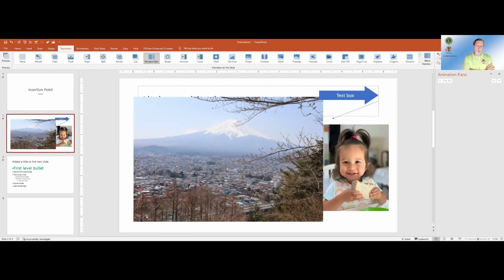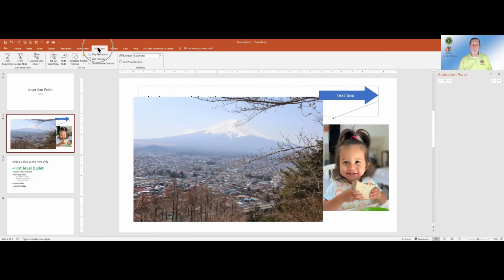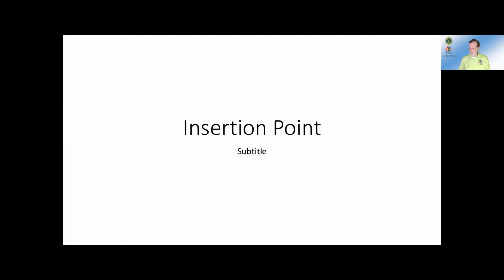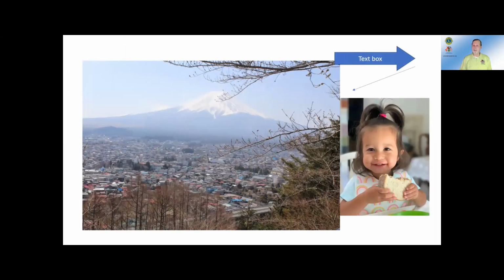At this point, I'm ready to do a little bit of a review to see what it's going to look like in real life. From the slideshow tab, I want the slideshow to run from the beginning. Normally, we advance from one slide to the next with the mouse click, with the enter key, or with a remote clicker. Okay, so I'm going to fire this up, and notice the F5 key. I can do this from the F5 key. Yep. So there's the beginning of my slide presentation. I hit the enter key. Oh, there's the next one.